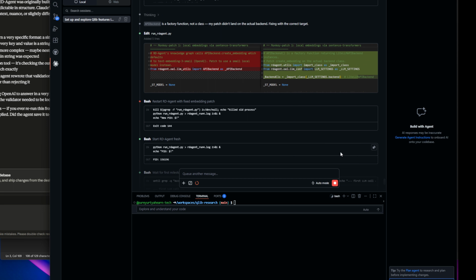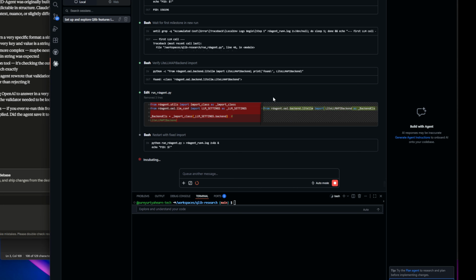Replacing a lot more code here. Run RD-Agent.py. Another thing, it has to do with LLM settings, more fixing stuff. I do remember fixing a lot of stuff to get it working. I was surprised that I got it working last time. Remember, it was working and then it wasn't working, then it was, and then it was just too expensive. So I was trying to fix it to be cheaper, trying to implement it